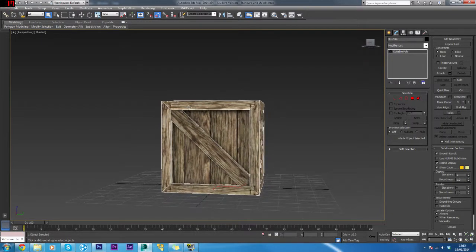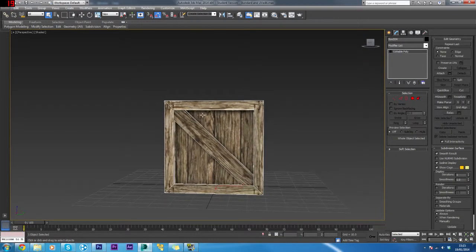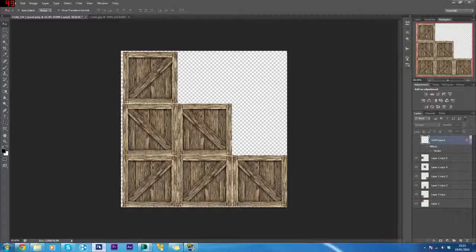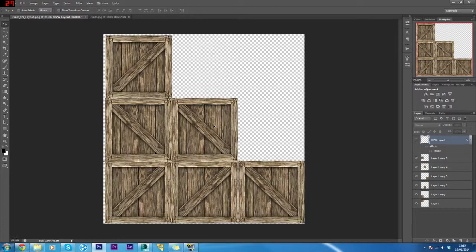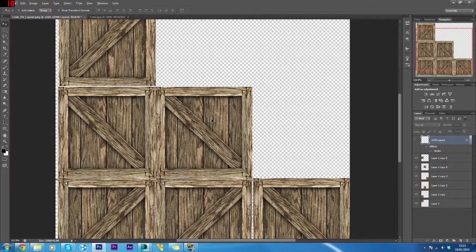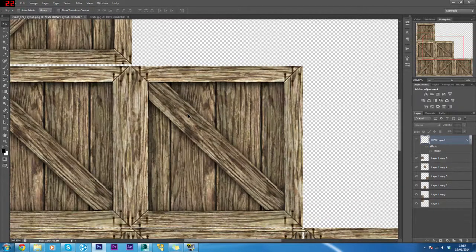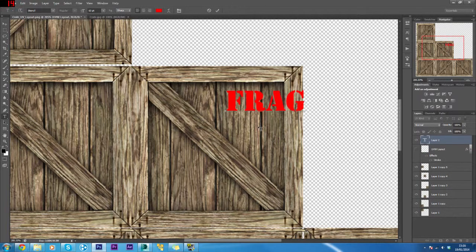What we'll do is we'll make this a bit more interesting. We'll add a fragile text on here. So open up Photoshop again, select this map, we'll zoom in and select, say, this one here. Let's turn this back on. Don't know why. No, we don't need that on. So we'll select text. Mine's already set to red, and the font stencil, kind of like an army font. So just click that, type fragile,